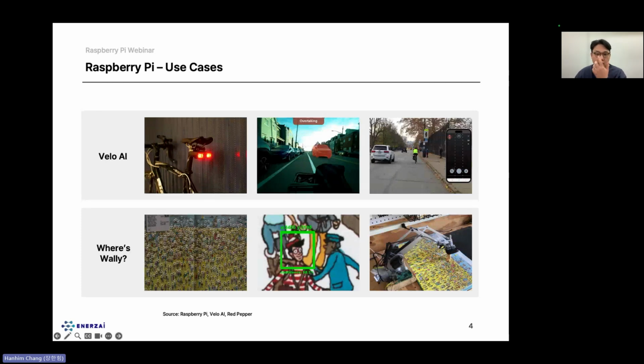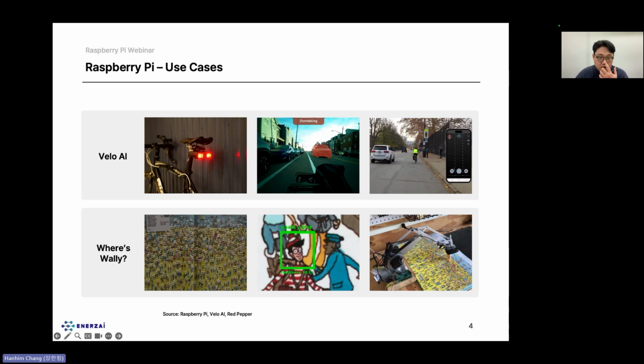As Raspberry Pi hardware is ever evolving, I feel that there are more interesting AI projects on Raspberry Pi than ever. I've highlighted here two of my favorite AI projects, and I could start with Velo AI's project. Velo AI is a company building an AI-powered smart bike light and camera called Copilot. Copilot alerts cyclists to vehicle movements behind them, and they do this with the Raspberry Pi Compute Module 4, along with a Halo chip inside this small bike light here on the left. Once it detects overtaking movements of a vehicle behind the cyclist, it sends the information to the connected app, which could be displayed on the biker's mounted smartphone.